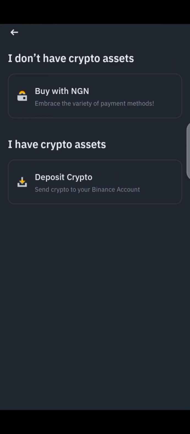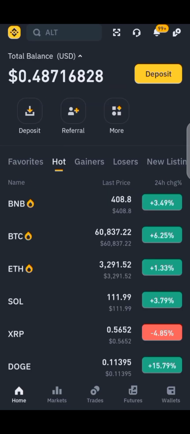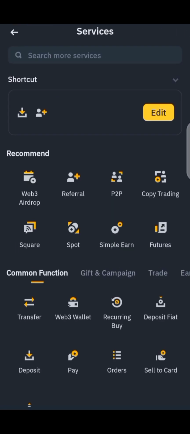Hello guys, if you can notice, I click on deposit and what I'm seeing here is two options: buy with engine and deposit with engine. Rather, it's supposed to be P2P, deposit with engine and buy with engine. So right now it's only two options here, so I don't know if I actually want to log into my Binance right now. It's showing blank, so let me click here to show you another way you can actually get